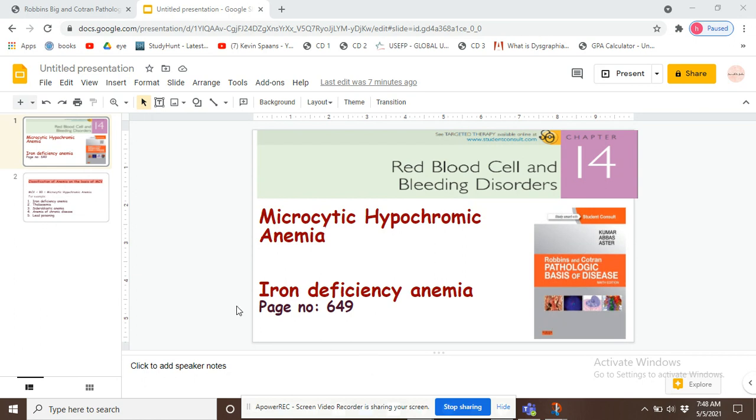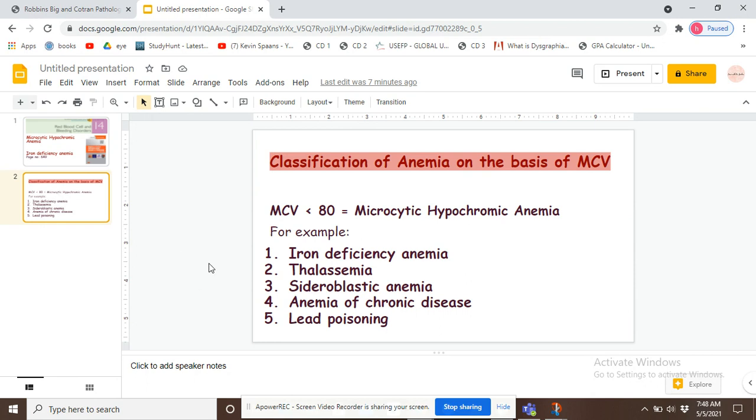As I have told you, what is anemia? Anemia is defined as a reduction of total circulating red cell mass below normal limits. Due to the anemia, the oxygen carrying capacity of the blood is reduced, that leads to tissue hypoxia. Then the patient presents with constitutional signs and symptoms. For example, the most common is pallor, the patient appears pale, then fatigue, easy fatigability, and then weakness, jaundice. These are all the features that we see in an anemic patient.